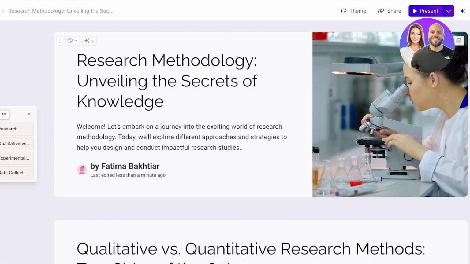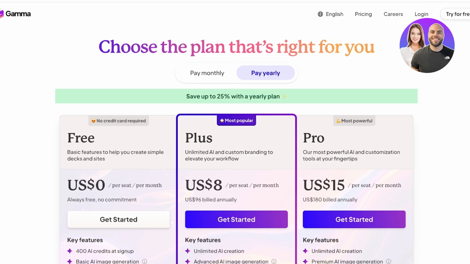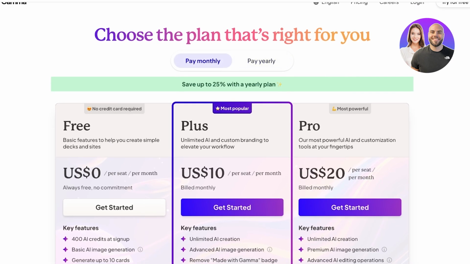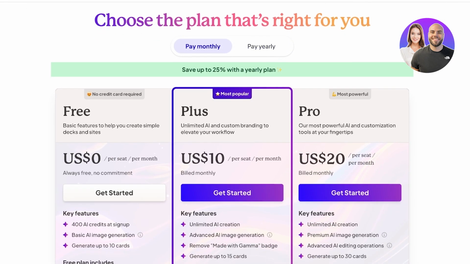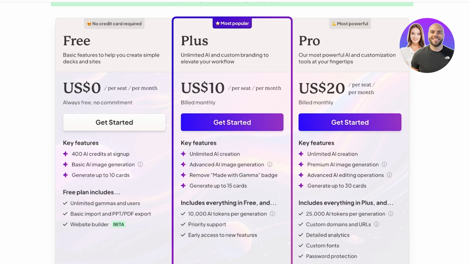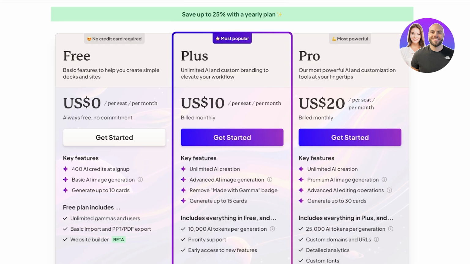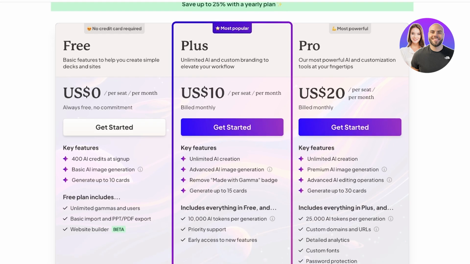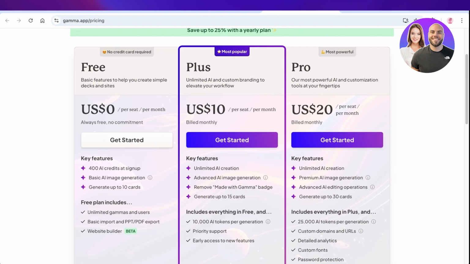But before we end, let's take a look at Gamma's pricing. So if you choose to pay monthly, their Plus plan starts at only $10 per seat per month, which allows you unlimited AI creation, advanced AI image generation, removal of the Gamma branding, and you can generate upwards of 15 slides every time you create a generation. And then their Pro version is $20, which includes 2,500 AI tokens per generation, as well as generating up to 30 cards per